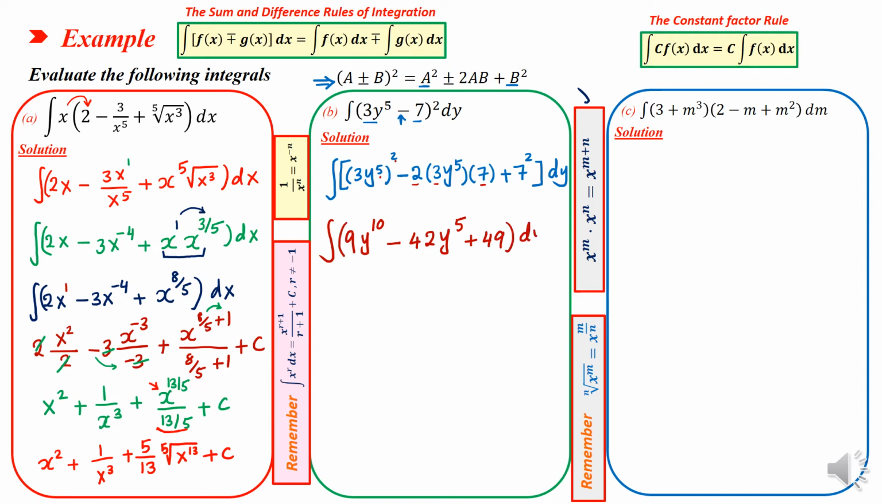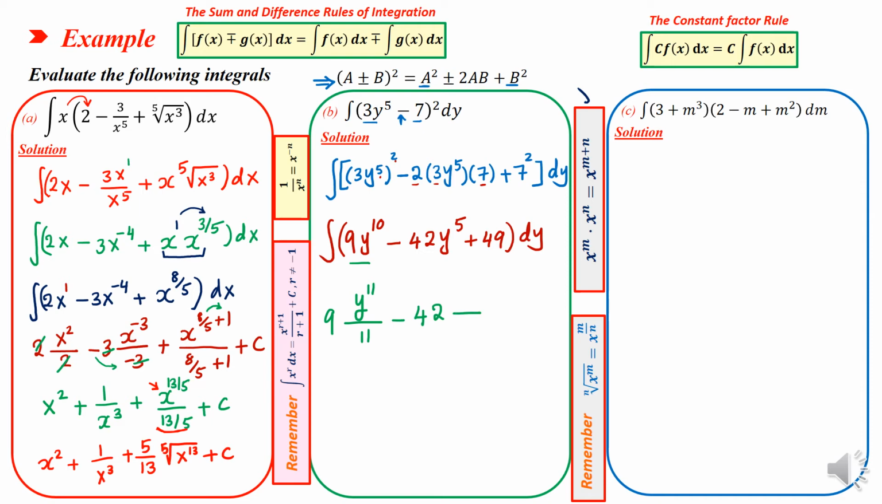dy. Now the next step, you have to start the evaluation of this integration term by term. So the constant factor 9 multiplied by the integration of y to the power 10 using the power rule of integration, it will be 10 plus 1, which is 11, over the same exponent 11, minus 42, which is the constant term